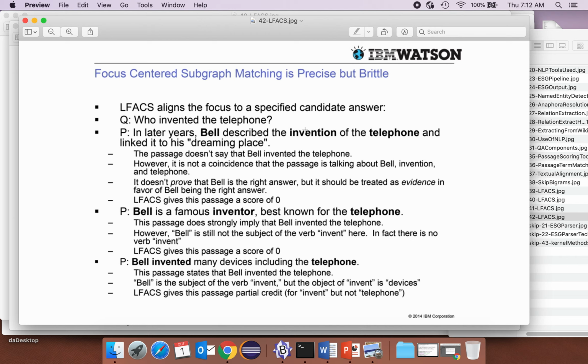It doesn't really say that he invented the telephone. It could have been, you know, substitute Einstein here, right? Einstein described the invention of the telephone. So this one doesn't directly state this. Those are things you have to be careful about when you match those